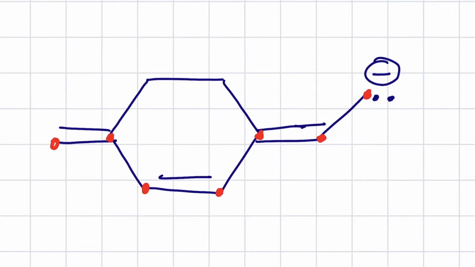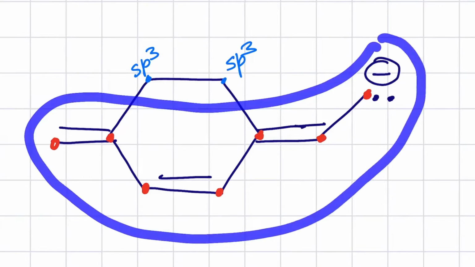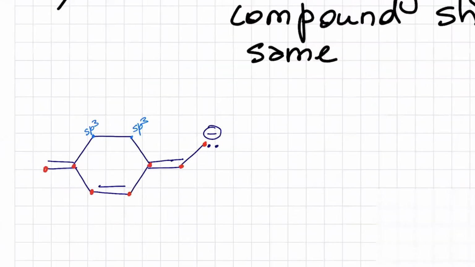But guess what? These 2 sp3, this one sp3, I'm not even going to touch them. We're not going to give them any bond. They can't receive anything. They're already happy the way they are. So now let's make sure we move. Every move we make will be in that region. So first,